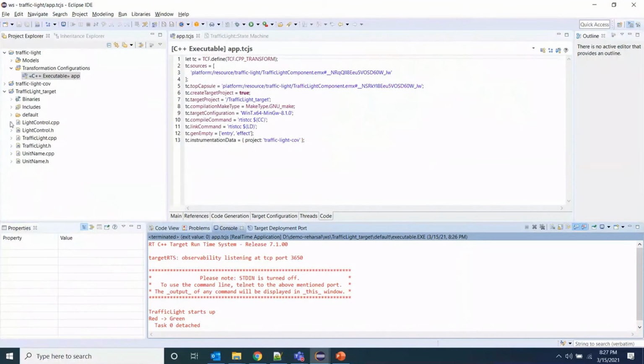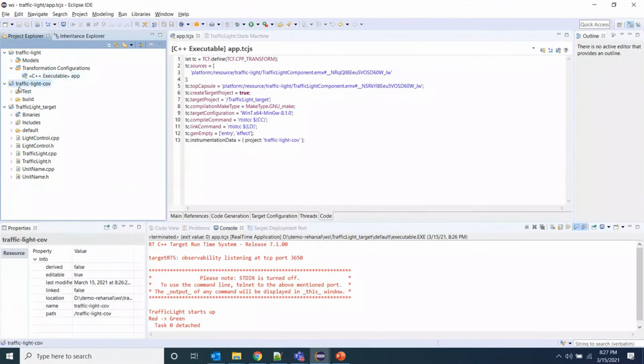I'll switch back the perspective. Now if I refresh the coverage project, a new SPT file will be created which has the coverage information for the last run which I did.